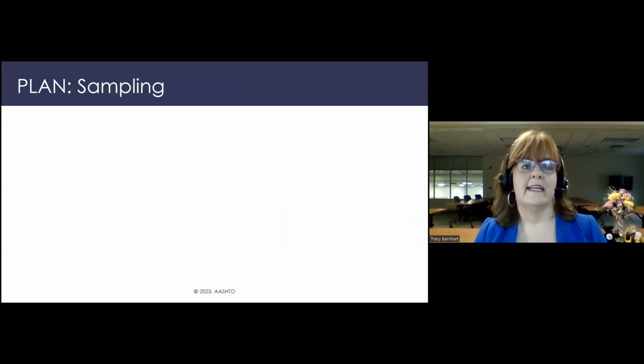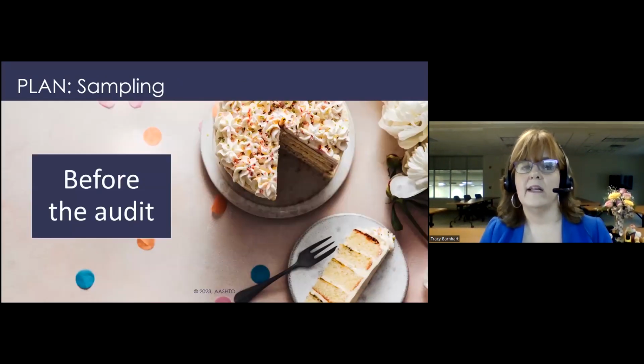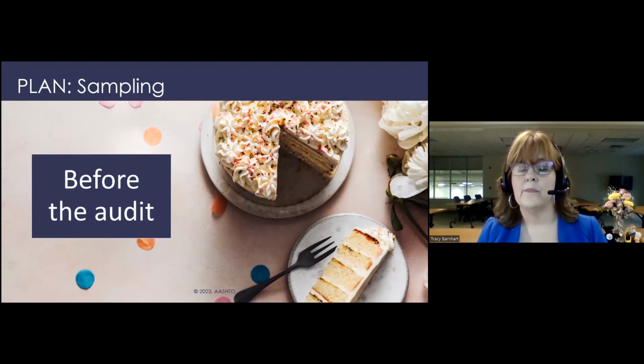All right, with the planning, you also want to keep in mind that auditing is an exercise in sampling. You do not have time to look at everything in your QMS, every requirement. You don't have time to talk to everybody about everything that they do and look at every process. It's just not possible. You want to select random samples before the audit as well as during the audit: who you're going to interview, what questions you're going to ask, what documents, records, processes you're going to review. And also keep in mind the auditor will be selecting those samples, not the auditee. You're in charge of selecting the samples.